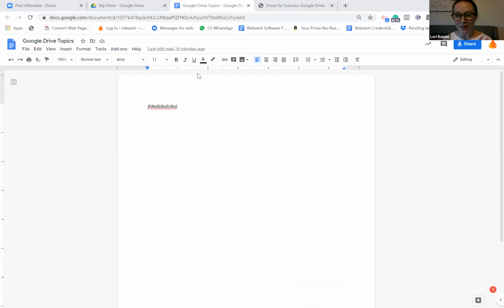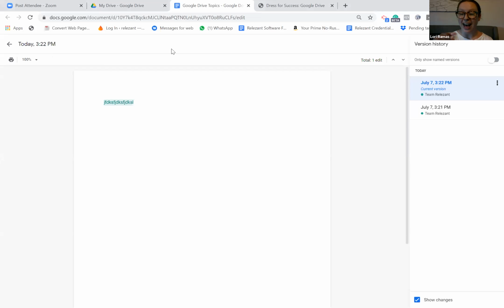Okay, here's the thing with a lot of technology. Things are often gray on white, which means it can be hard to see and hard to find, and it's small. Right where my mouse is, it says last edit was 14 minutes ago, and it's kind of light. I apologize, I don't know why they make these things so minuscule, but when you open that, it's actually clickable. Anything underlined is almost always clickable. That's another little bonus.